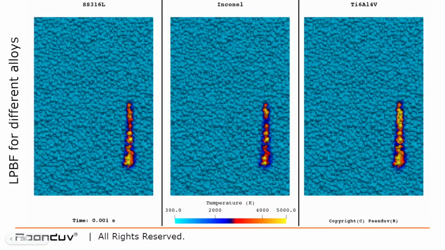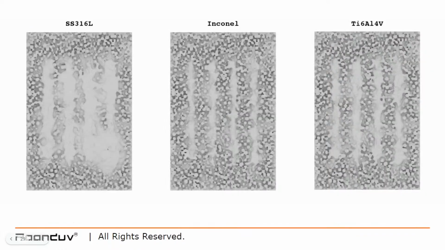Now, if we wait for these melt pools to solidify, at least partially solidify, we give it some time, then this is what we get. And these are not experimental images. These are the ray traced images that have come out of OpenFOAM. What we see in SS316L clearly is that the tracks are more overlapping. In fact, on the bottom right corner of SS316L, the tracks have completely overlapped and